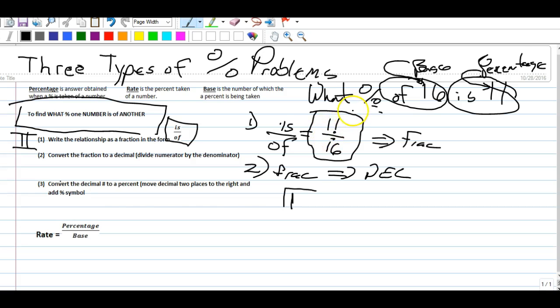And remember, we talked about this. The fractional bar is nothing more than a division symbol. So 11 is the dividend, that's the number that's being divided, and 16 is your divisor, that's the number that you're dividing by. So if I were to divide 11 by 16, I would obtain a quotient of